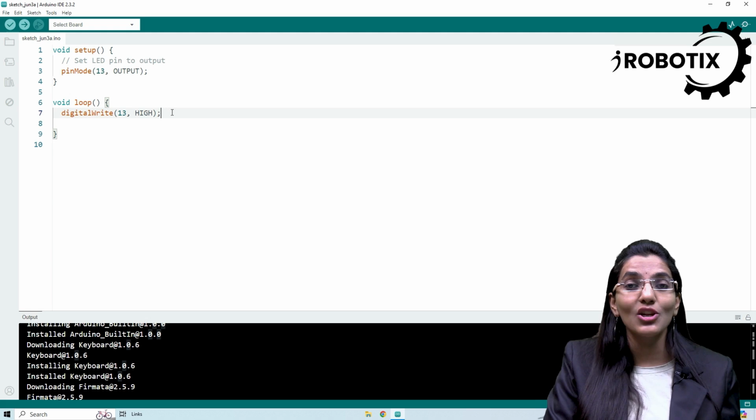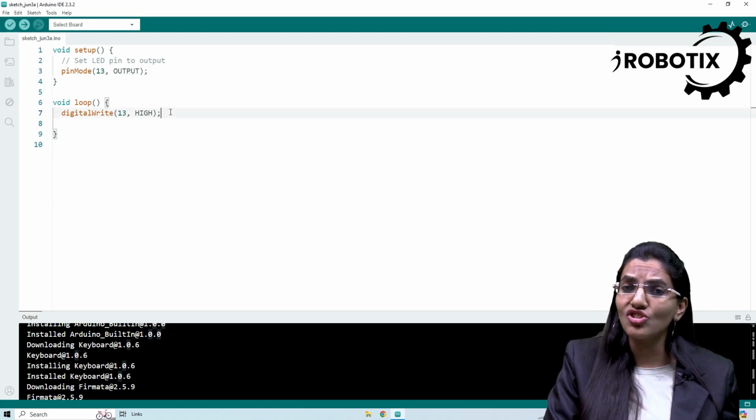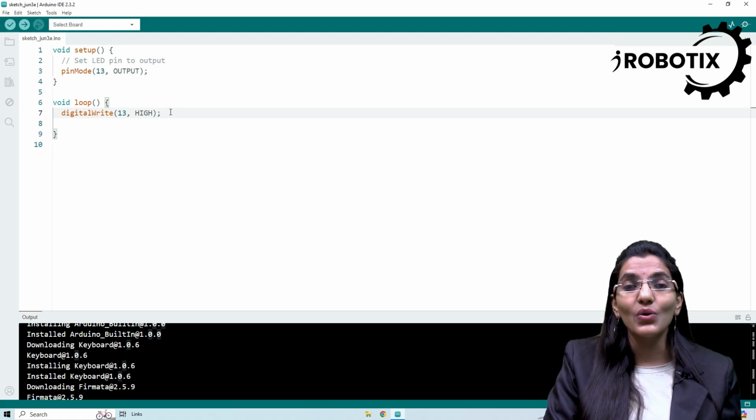Also, one little note here. You can see we have an indentation of 2 spaces. Indentation is actually not required for the program to work. This is just for readability. Whenever we enter a new block of code like this, with brackets, I am going to use 2 spaces for indentation.